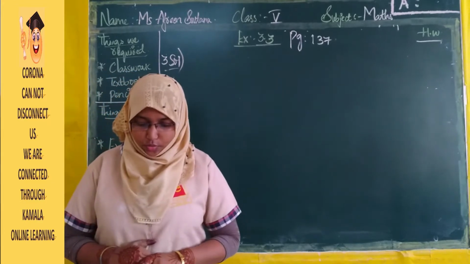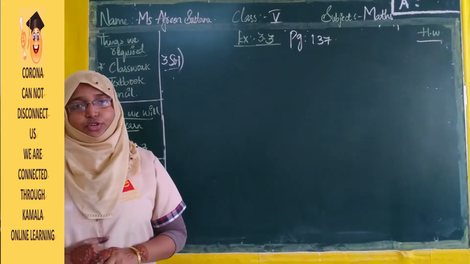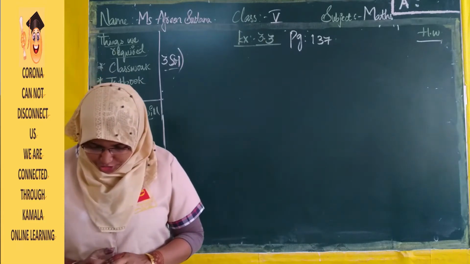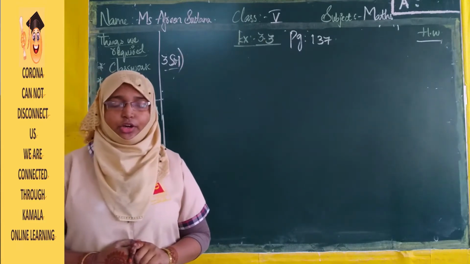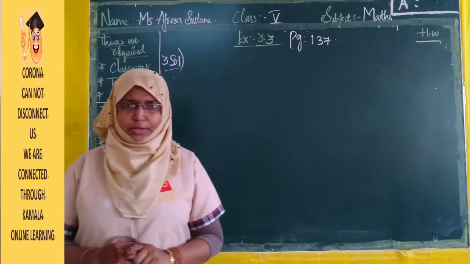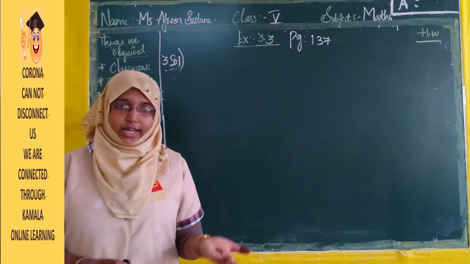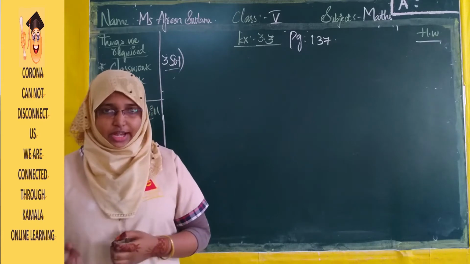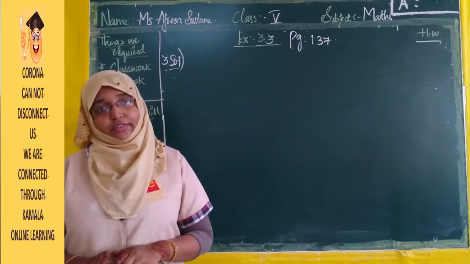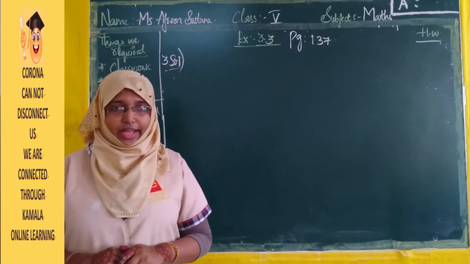Okay. So before starting, I request everyone to please open your classwork, term book and pencil. Open page number 137 in your term book. In the previous video, we did our exercise 3.3. We did what addition and subtraction are in real life. We did an example and one problem and gave you homework. I hope everyone has done the homework and it is very clear.